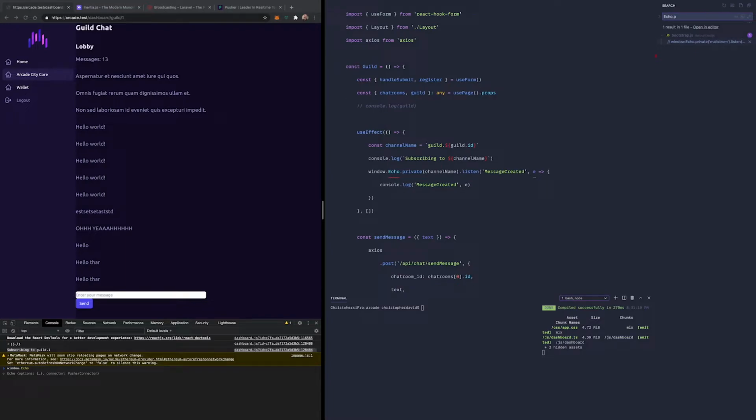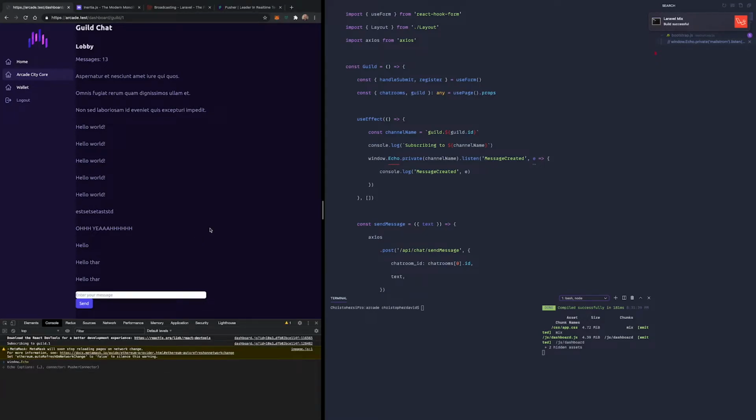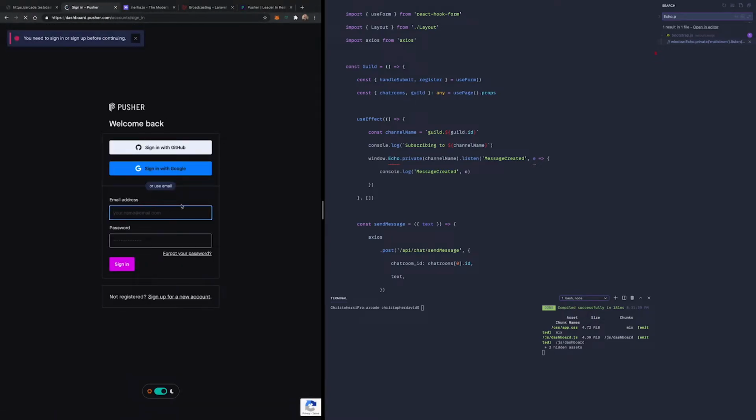Okay. Subscribing to guild.one, good. I'm gonna hide this chat room console thing. Now, it would be nice to do some TDD here because we're going to be expecting that when a message is created, it fires a message created event that we can then listen to. And it needs to fire it on this channel. So right now it's subscribing. In fact, can we go to Pusher and log in and take a look at this? I'm curious to see if this is